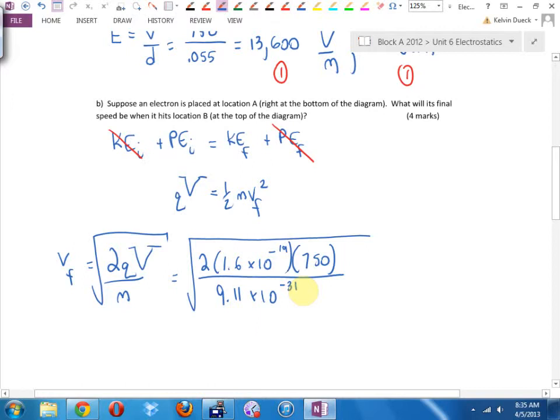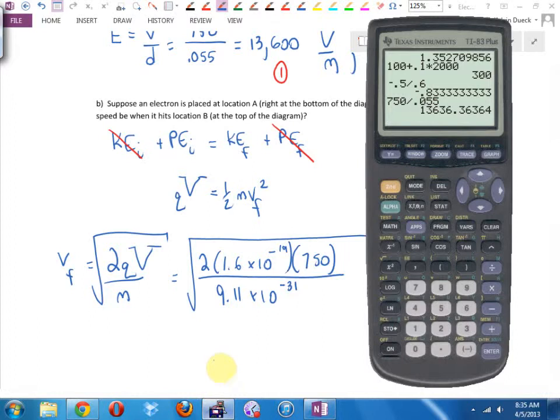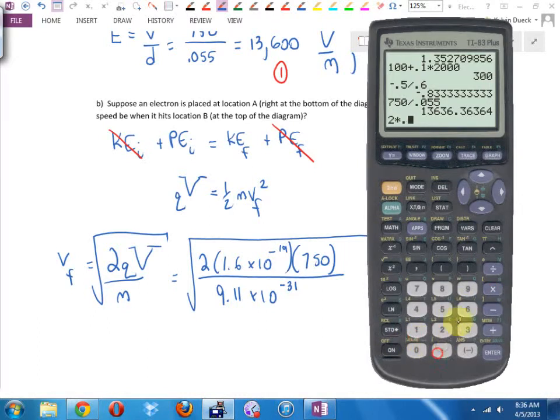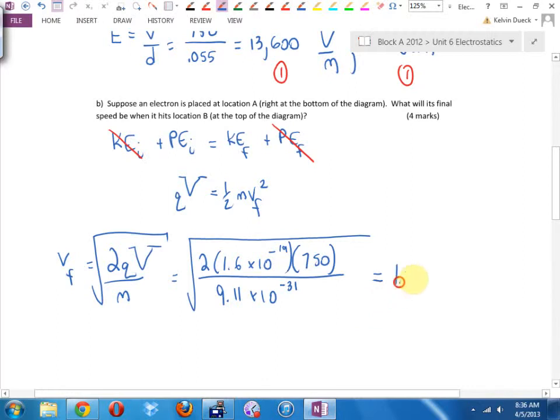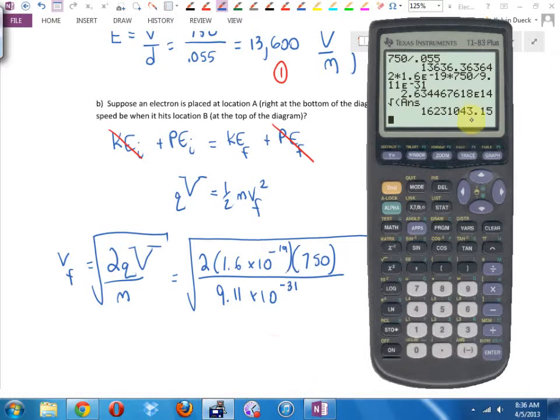Yeah, I'm going from memory. It is. Wow, I can't believe I pulled that one after spring break. 2 times 1.6. Try that again: 1.6 times 10 to the negative 19 times 750 volts divided by 9.11 times 10 to the negative 31. What? That's faster than... Oh, square root. That's faster than light. That's a problem. Square root. And I get 1.62 times 10 to the... is it 7th? I think it was. Let me double check. 1, 2, 3, 4, 5, 6, 7